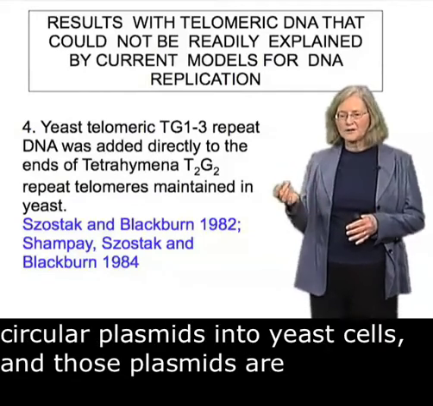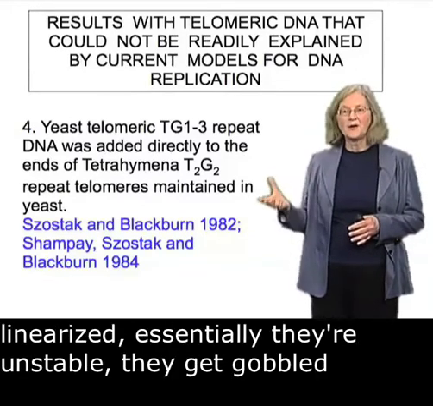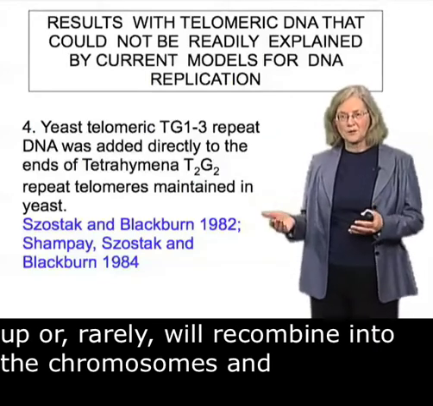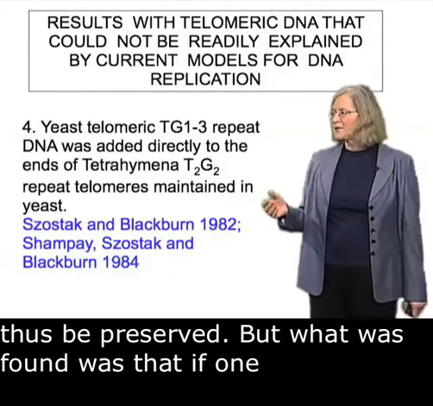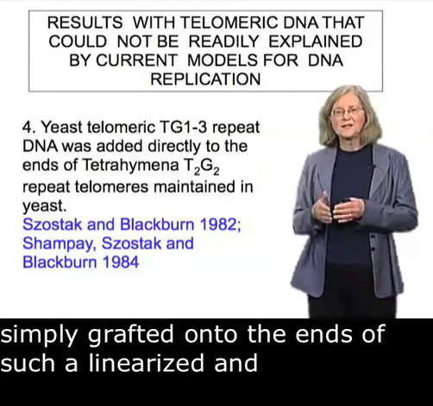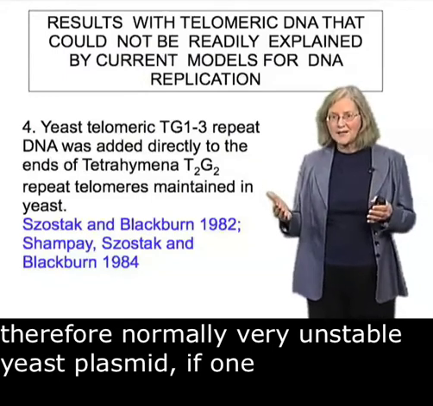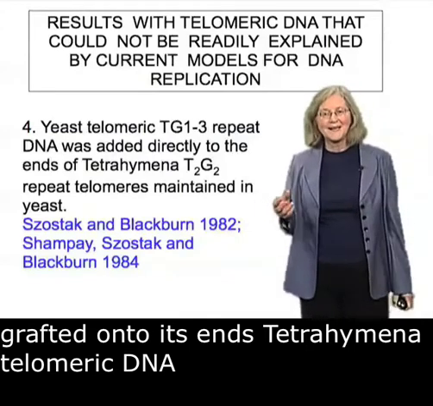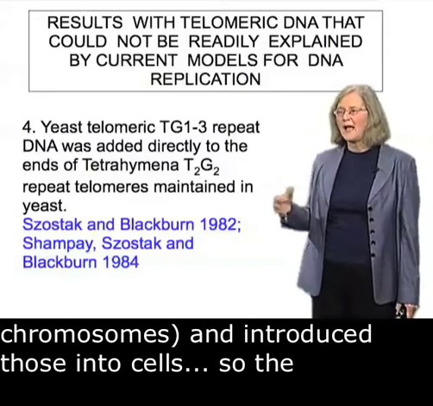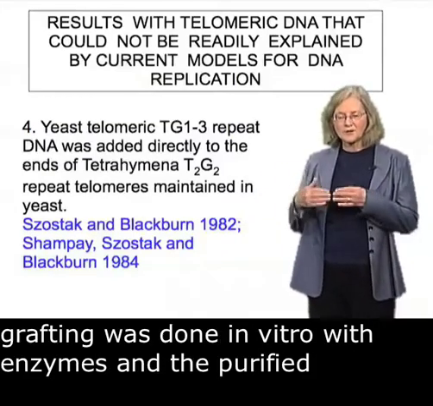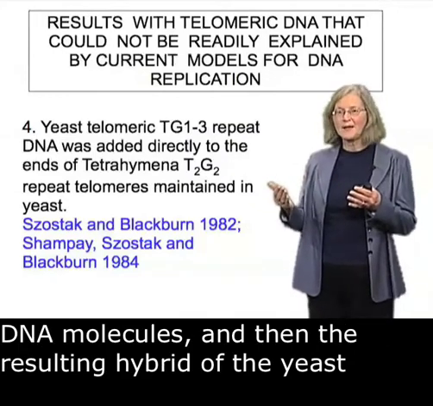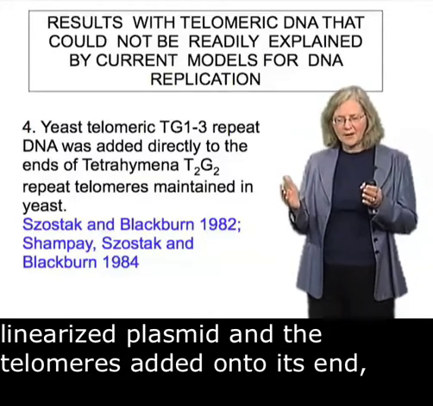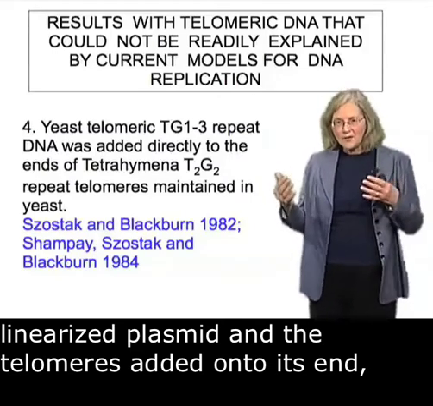The fourth observation was, again, something that came out of an experiment that I'll have to explain. Now, one could put circular plasmids into yeast cells, and if the plasmids are linearized, essentially they're unstable. They get gobbled up or rarely will recombine into the chromosomes and thus be preserved. But what was found was that if one simply grafted onto the ends of such a linearized and therefore normally very unstable yeast plasmid Tetrahymena telomeric DNA fragments, the telomeres of Tetrahymena mini-chromosomes, and introduced those into cells, the grafting was done in vitro with enzymes and purified DNA molecules, and then the resulting hybrid of the yeast linearized plasmid and the telomeres added onto its end was introduced into yeast